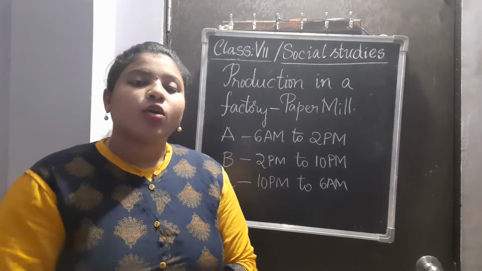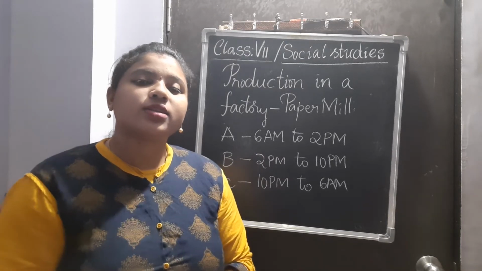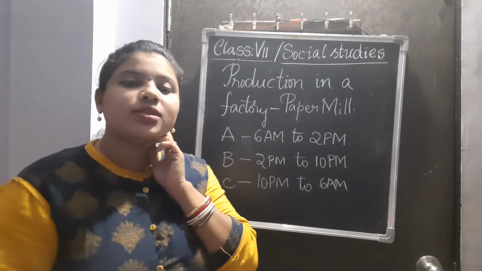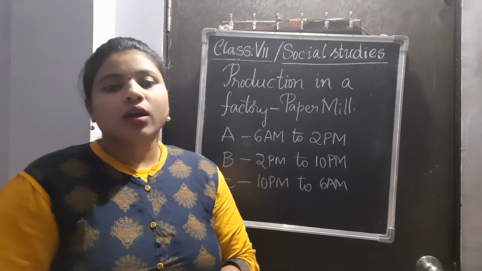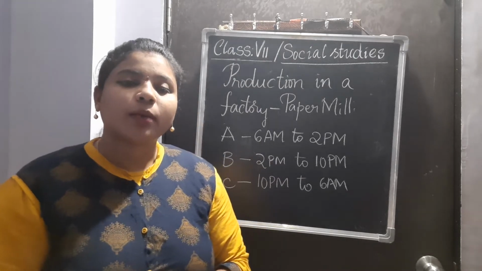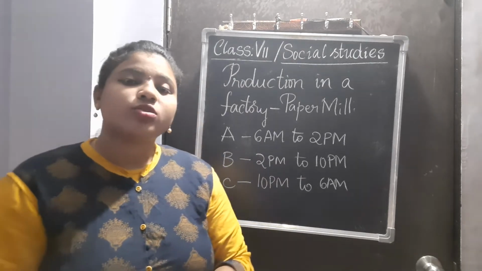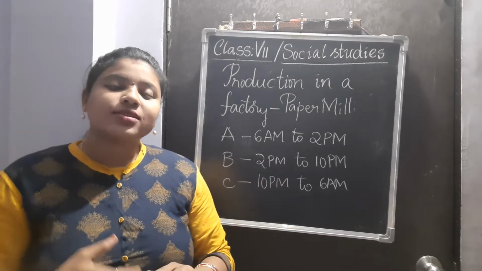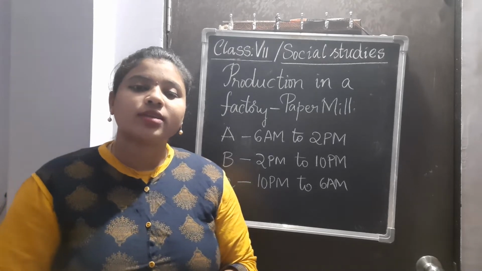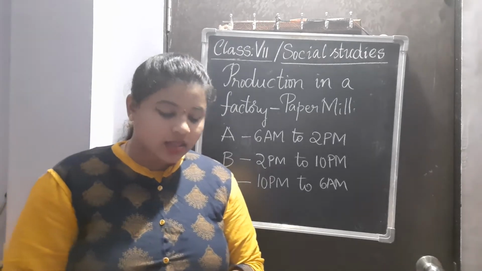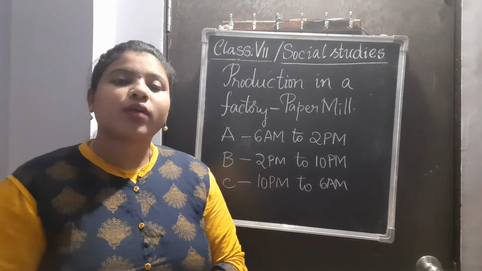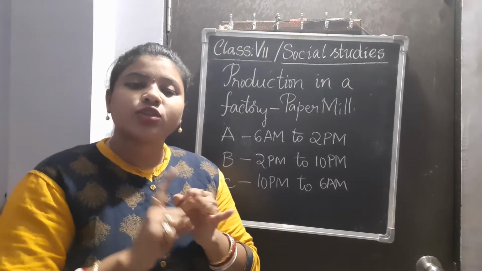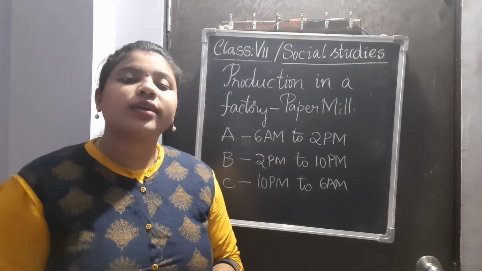The workers who work for years and years in the same factory are known as permanent workers. In our lesson, an example is a person named Anand, who is working as a permanent worker in the paper mill factory. It's been some 10 years he is working for the factory. As he is a permanent worker, the factory is providing him many facilities, like medical facilities, education facilities for his children, as well as